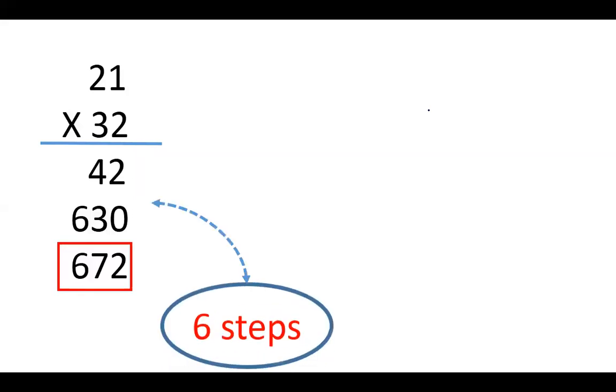As you can see here, we have at least 6 steps, 4 steps for multiplication and 2 steps for addition, at least, or even it can be more than 6, 7 to 8 steps as well. Let us discuss about the different method which we will use to solve this problem.